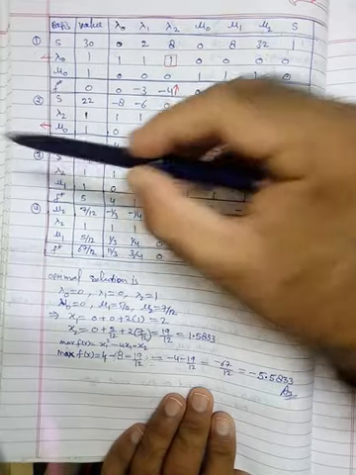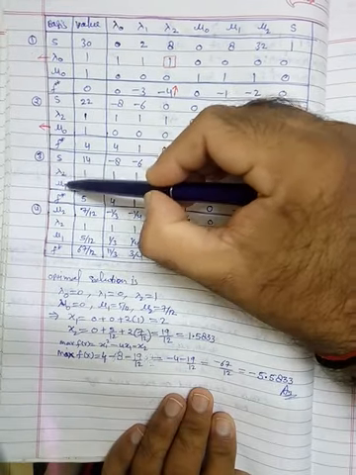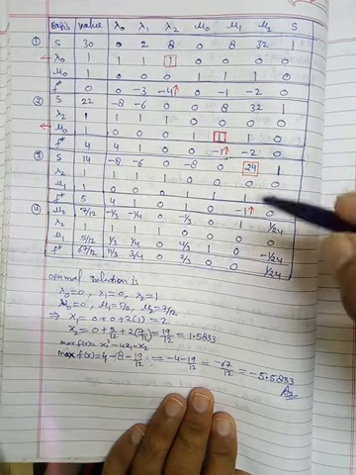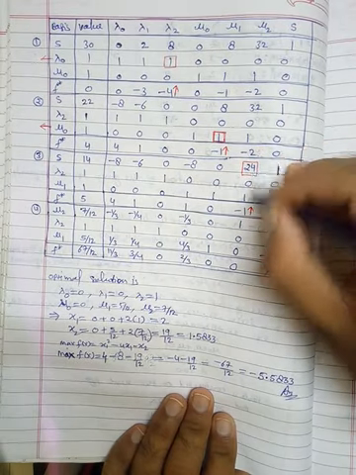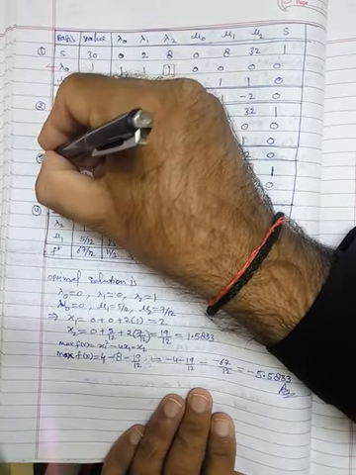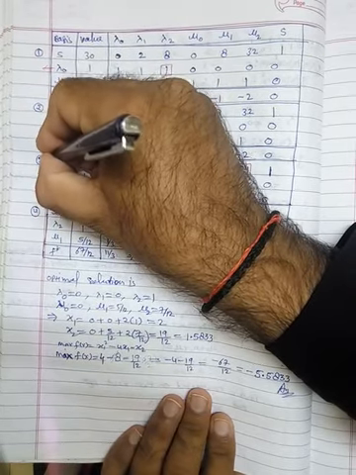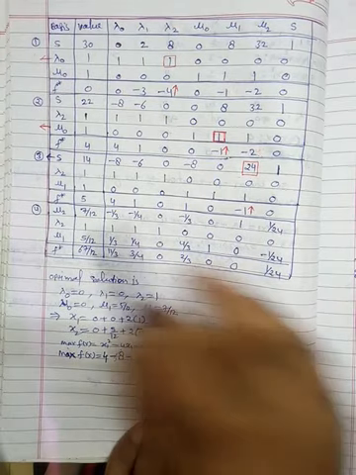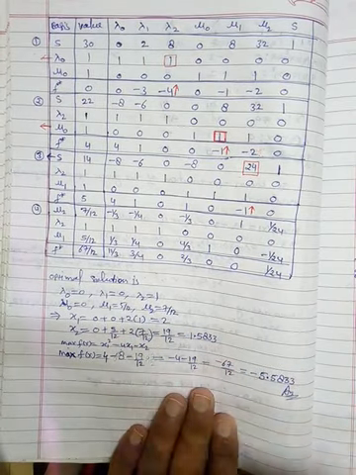So S will leave the basis and mu2 will enter, and since mu1 and mu2 are both adjacent to each other, that's why this will be done, no problem. So mu2 enters the basis and S will leave the basis. S1 will leave the basis here, no problem. So that's why we have this new table, and there is no negative value, so the optimum is reached.